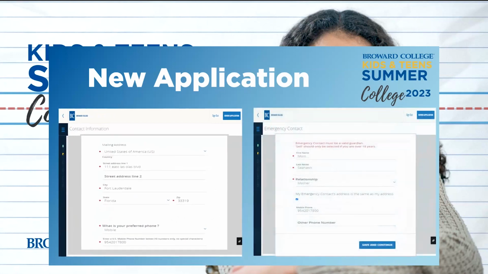So we're going to save and continue. That brings us to the last two sections, the contact information and the emergency contact. I entered in my contact information. Remember again, we're entering in contact information for the responsible adult. So if that is mom and dad or grandma or whoever it is, the legal guardian, you're going to enter